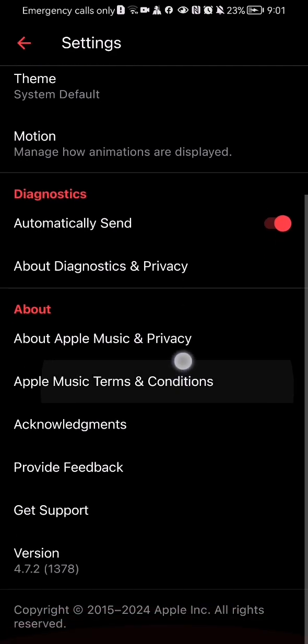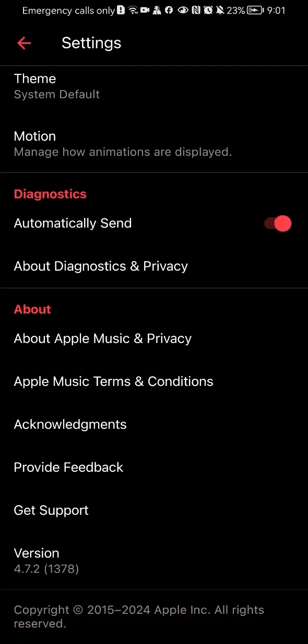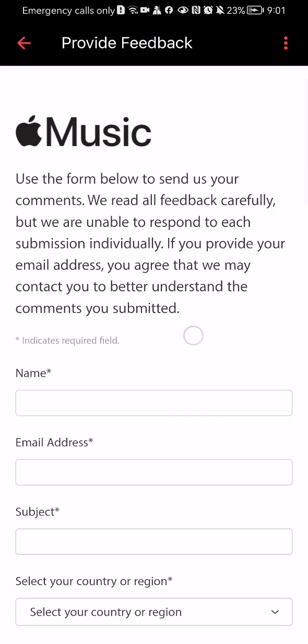After doing so, you can scroll down a little bit and in the about section you can see the fourth one being provide feedback. Press on it and now you should wait a little bit until the new page loads in,